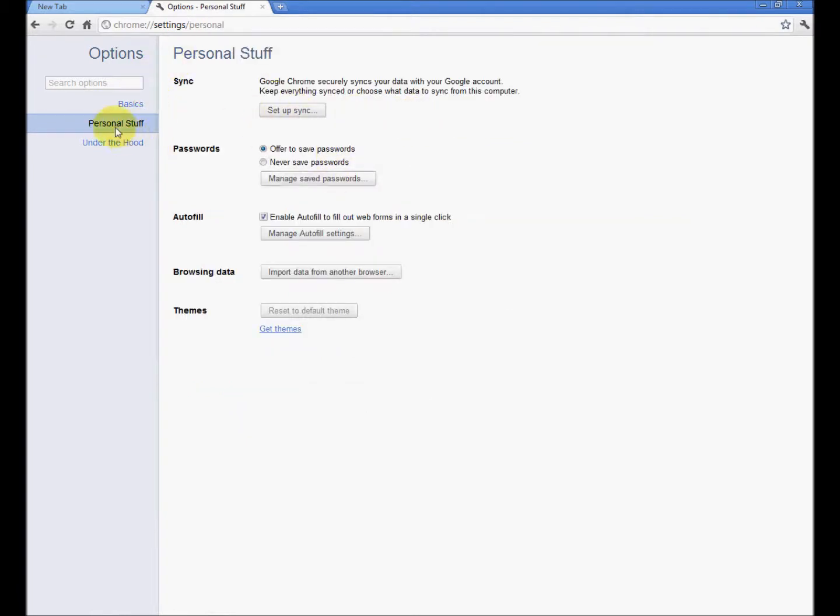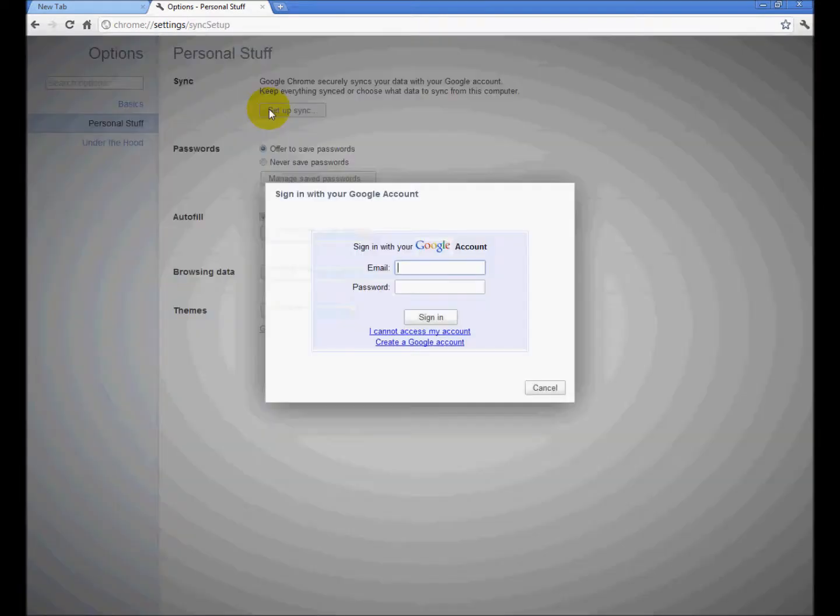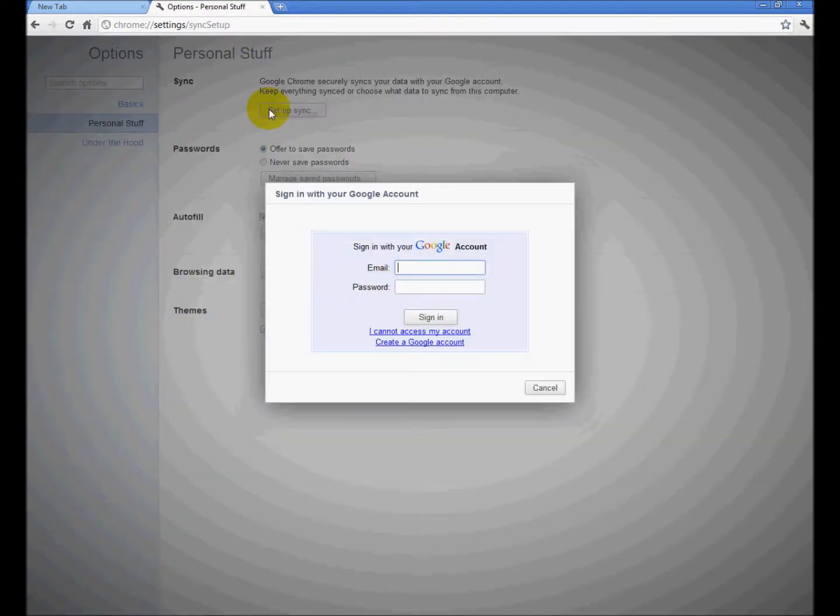Sync here is key. Under Personal Stuff in the Options tab, Sync is really a wonderful thing for Google Chrome. When you set up Sync, if you have multiple computers in your house, you have a laptop, you have your desktop, your work computer, use Chrome and set it up to sync to your Gmail account or your Google account, same thing.